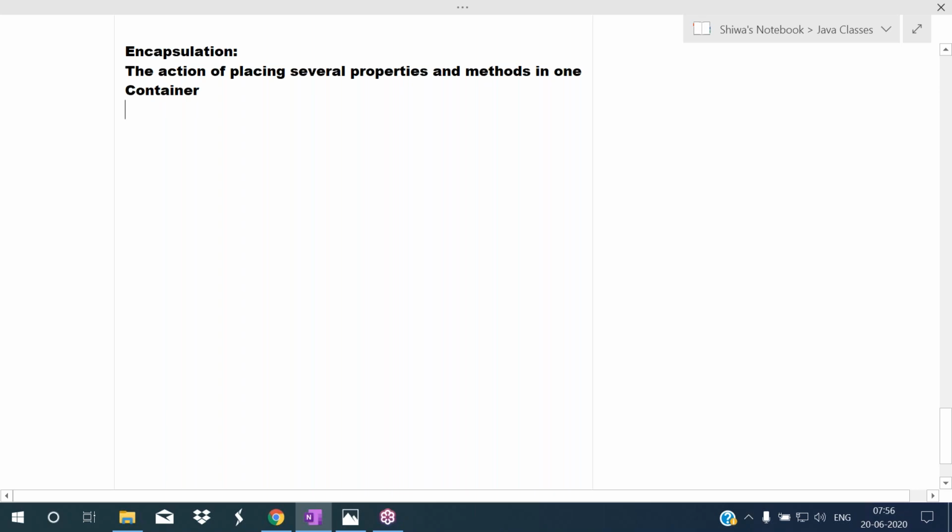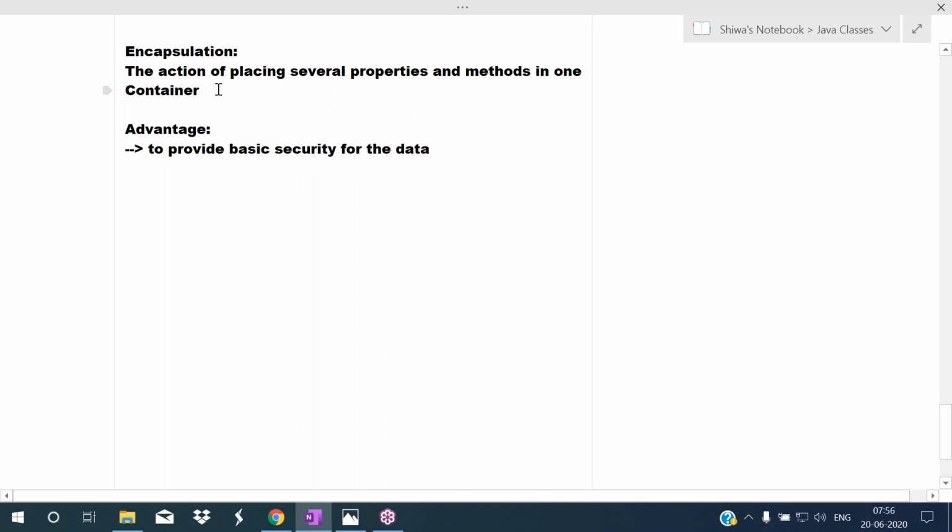So why do we have to put them like this? Why are we placing the members in one particular container? The main advantage here is to provide basic security for the data. To provide basic security for the data, we are placing properties and methods in the class.